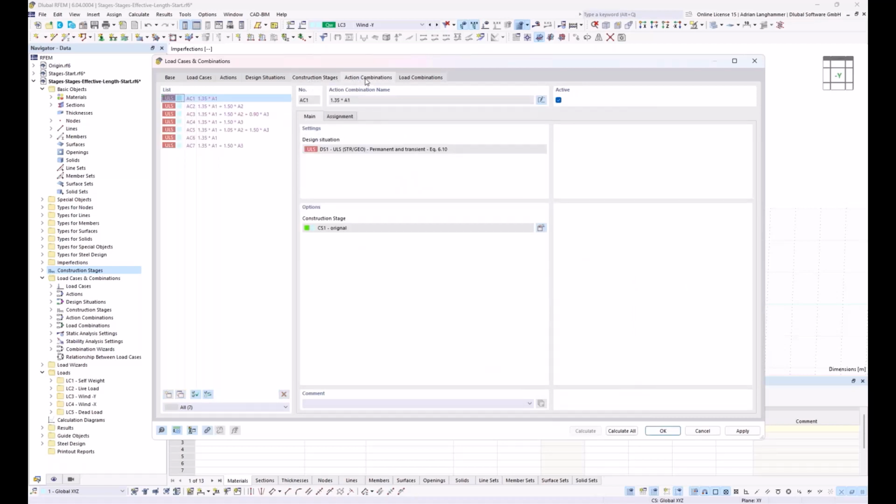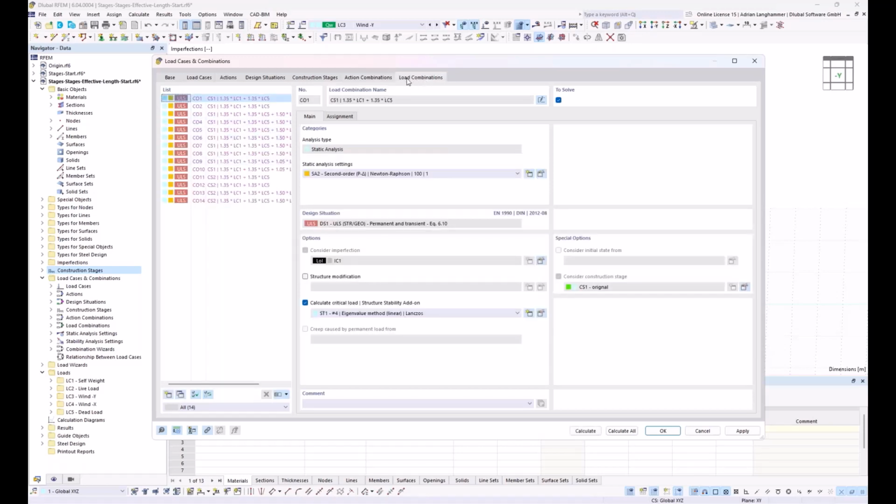So I switch to the action combinations. I check if there are action combinations for construction stage 1 and 2. Both are available. And I go to the load combinations, and here I have load combinations for construction stage 1. This is from load combination 1 to 10. These are load combinations for construction stage 1, and 11 until 14 are the combinations for the